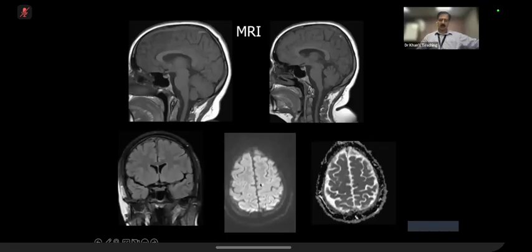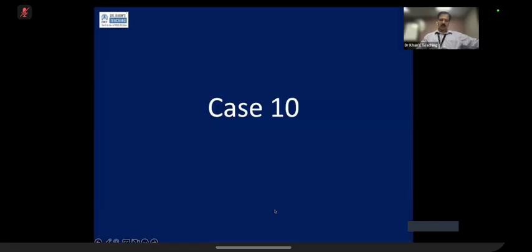But the key finding is this one. You see this? This is a small acute infarction. And you can now imagine that there must be a vein which is draining this portion into the superior sagittal sinus, and because of that, there is an infarction. So, coming back to the case,